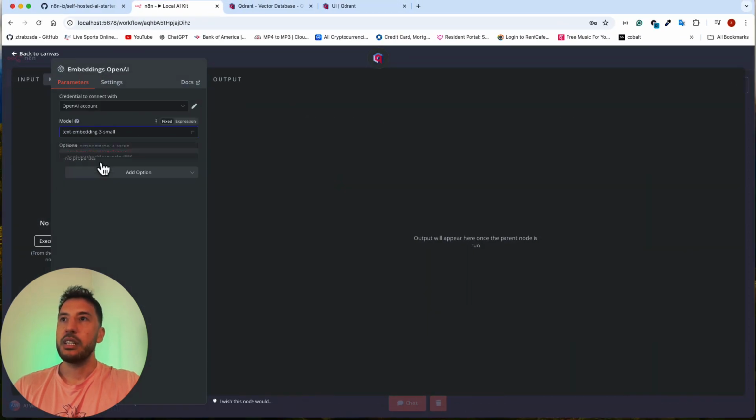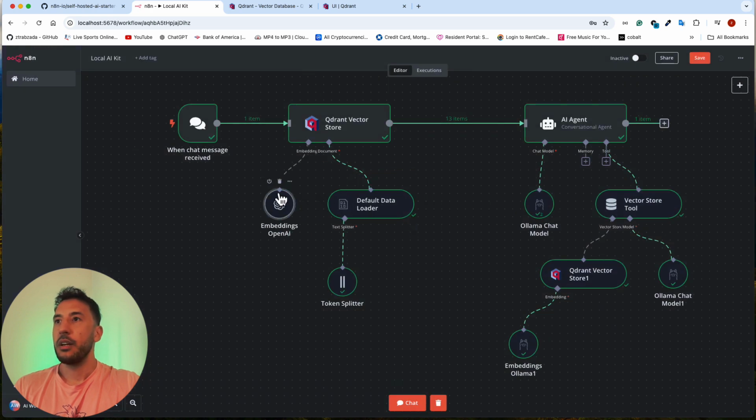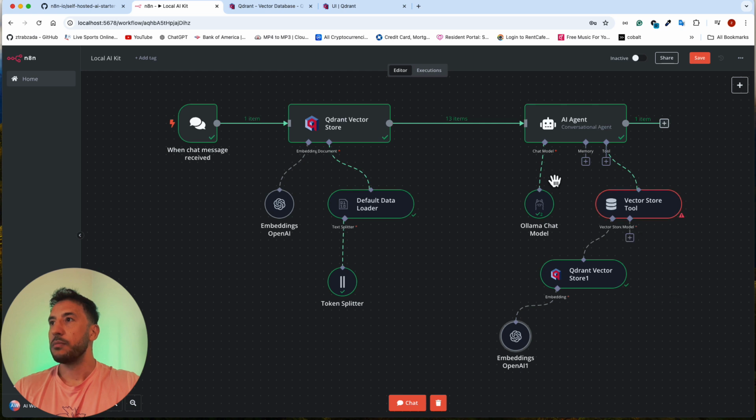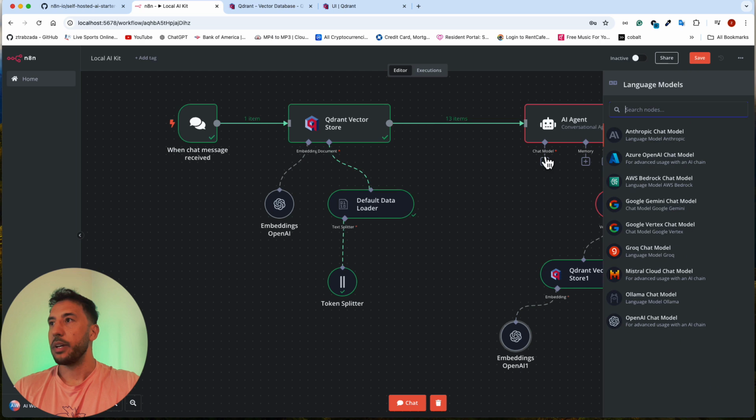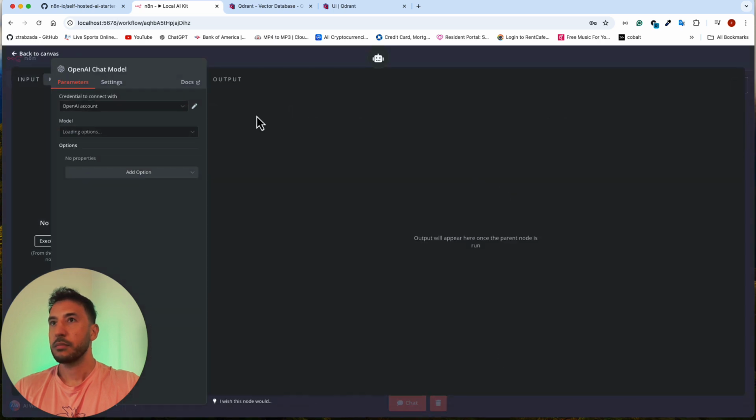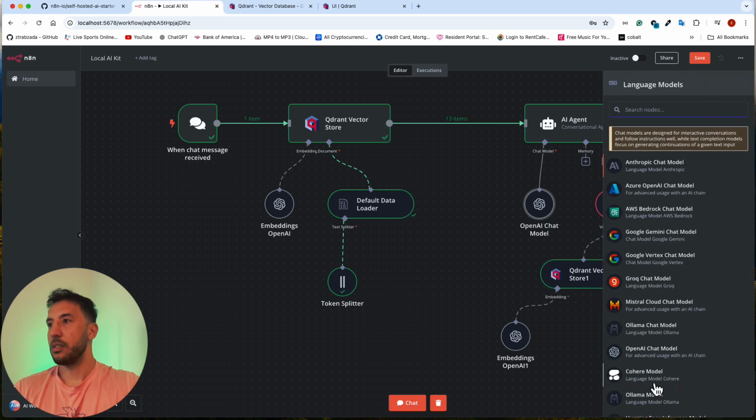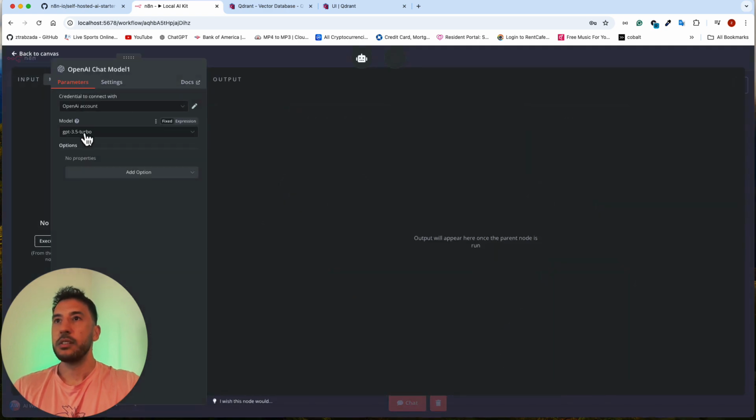I'm going to use, let's say, this small one, copy this, duplicate, get rid of this, and go ahead and connect this to this. Same thing with the chat model. I'm going to utilize the OpenAI chat model. Let's say use GPT-4 mini. You'll see this will be a lot quicker.